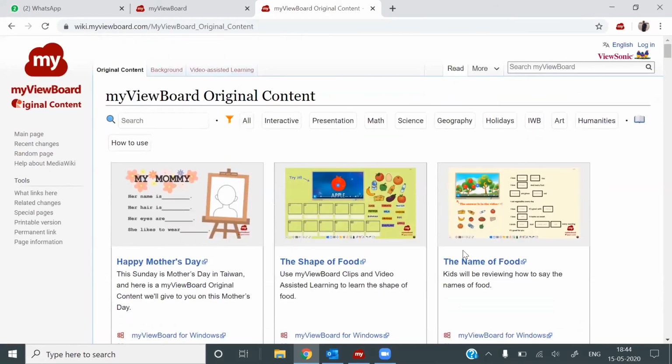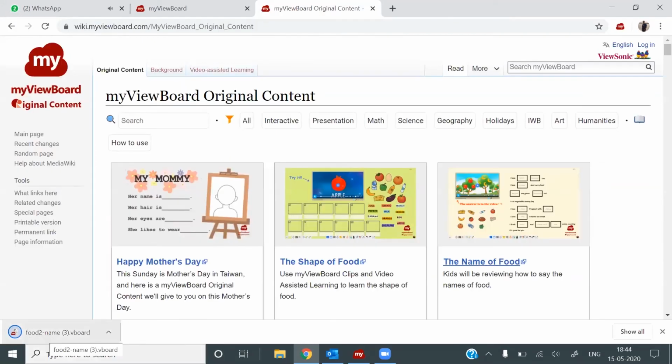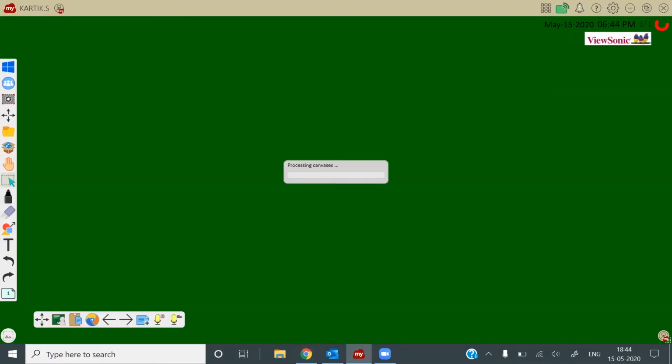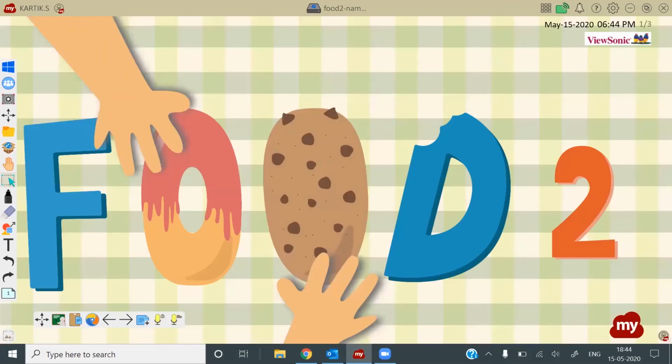Let's take an example. It's very easy, as you see. It's just one click away, and you can download any content from our MyUboard Wikipedia page and take it onto your canvas.